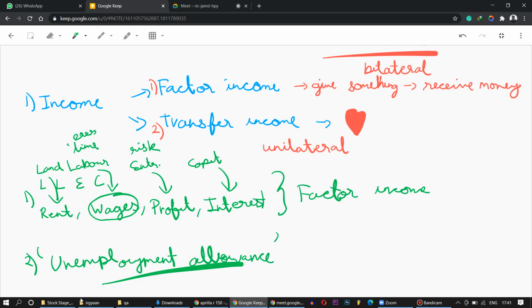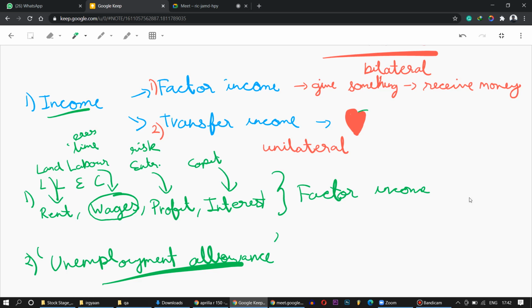So going again from the first, I'll just tell them one more time. Okay, I'm starting. Income is what we get, what comes into our pocket. And in this chapter, we are going to learn about two types of income. One is factor income and the other is transfer income. Transfer income is unilateral. That means we get it without having to sacrifice anything. We get the money simply for existing. And that is why we love it. It's easy, free money. Who doesn't like that?